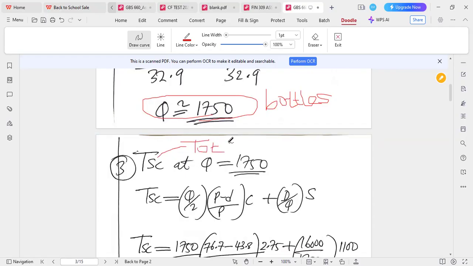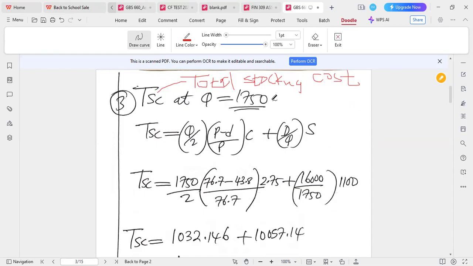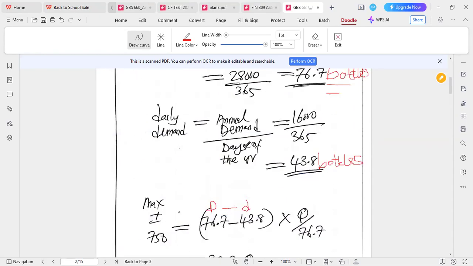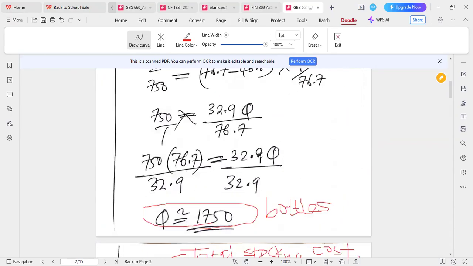The TSC is total stocking cost at Q of 1,750. Substituting this Q value, given the P and the D that we have already calculated above, we are getting